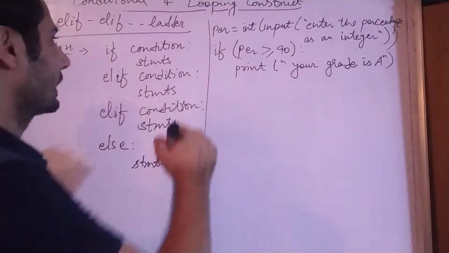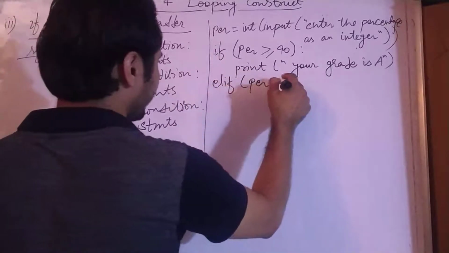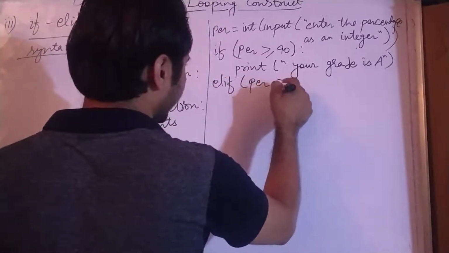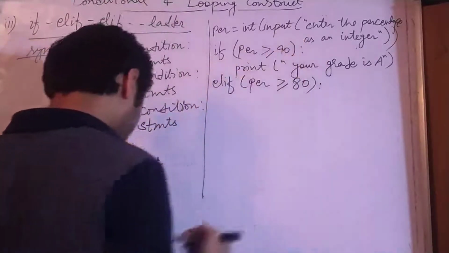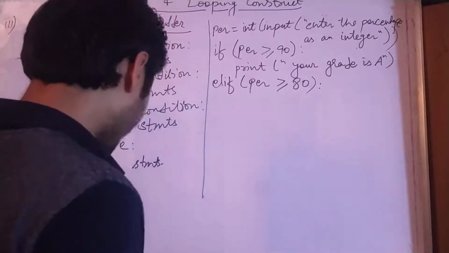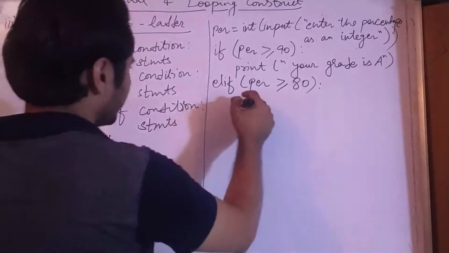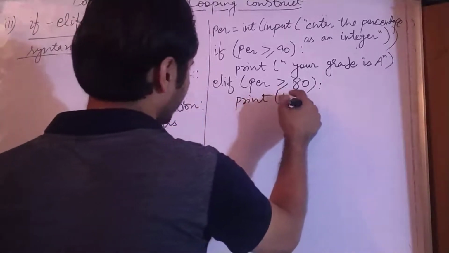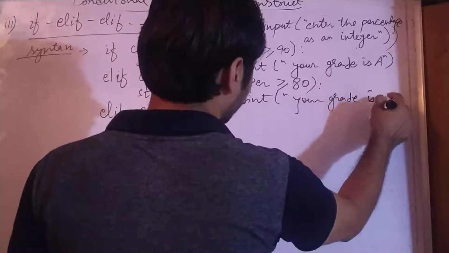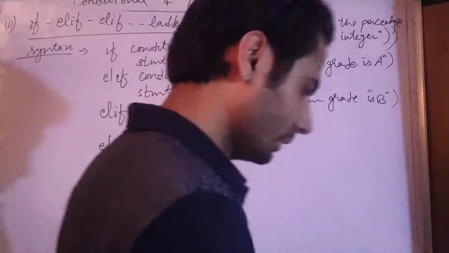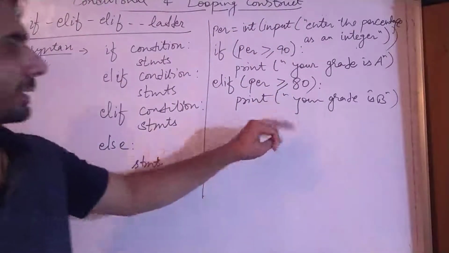In the same way, and if percent greater than equals to 80, okay, then print your grade is B. So in this way you can use this condition, but here